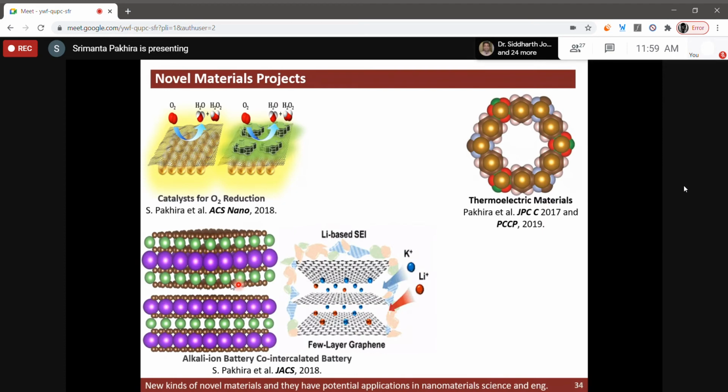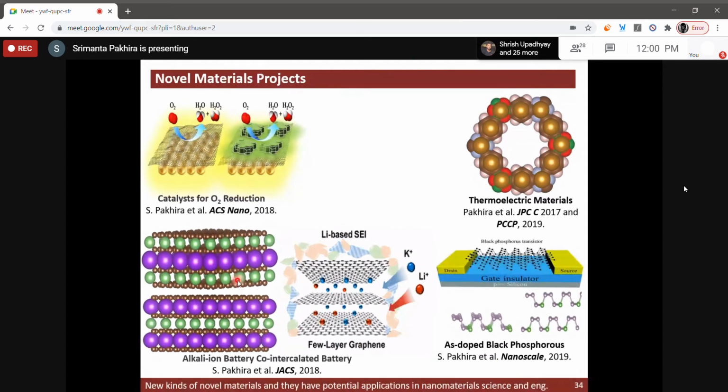If we add randomly, the symmetry will break. That is the problem. Symmetry breaking means our calculation will take a long time and computation will increase. So we did it this way: we have to fix the concentration, because the battery performance depends on the concentration. We are happy to say that this article was published in the Journal of the American Chemical Society in 2018, with both experiment and theory. We did the Raman shift study in experiment, I did synthesis of this material, and I also did the theoretical study. Our students and collaborators also performed the experiments on how to synthesize this material. So this is the way we did it.